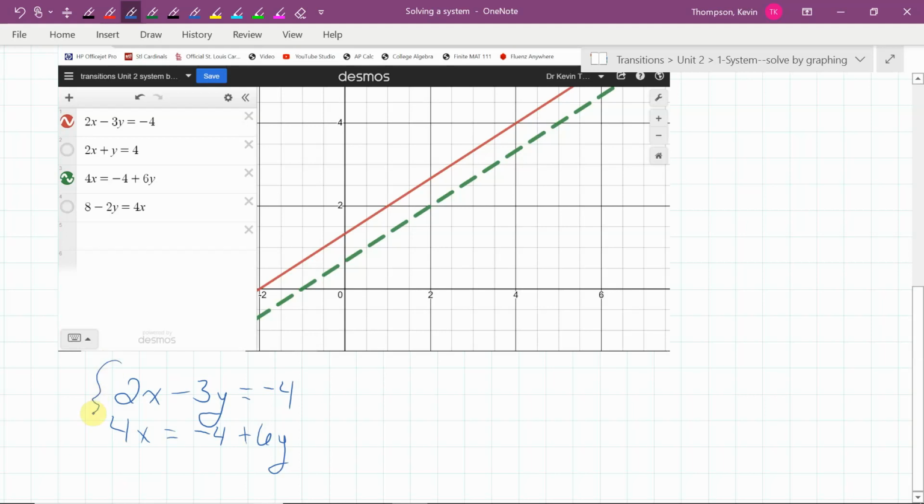And so this together makes a system. As we're looking at this, we might want to consider what the slopes are. So maybe we need to do some rearrangement, rewrite this in a form that's a little easier to see. So we could move this to the other side, move that to the other side of the equal to. Have something like minus 3